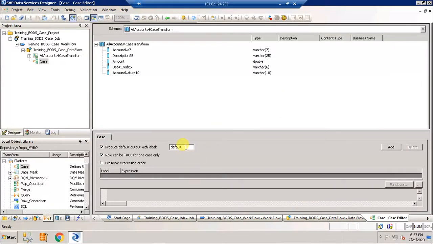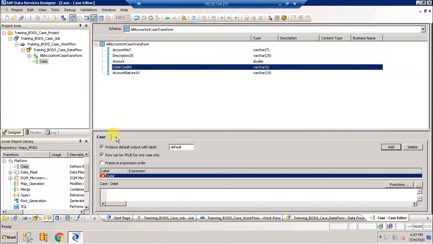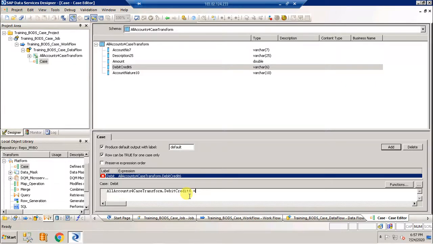So the first case out is if it is debit, and I'm going to drag this into this area and say space equal to space single quotes capital DEBIT close quotes. So if it is debit, okay, this is the first case condition, and the next one is